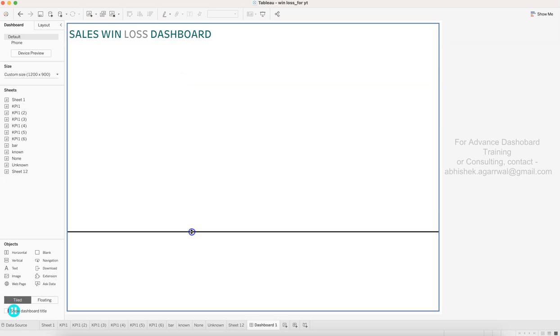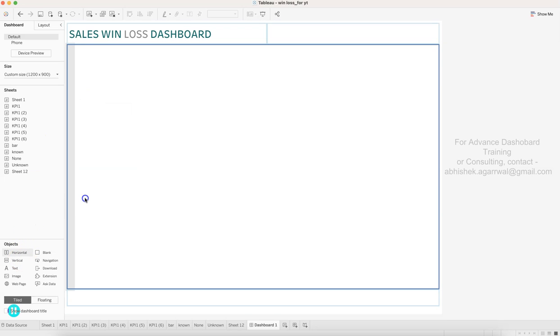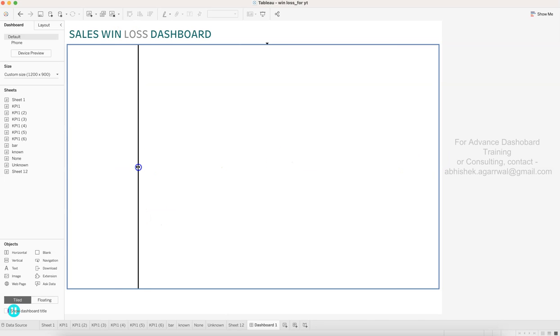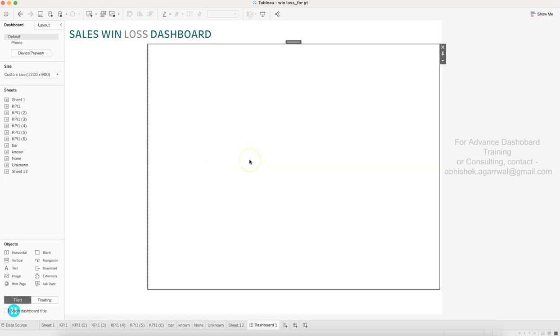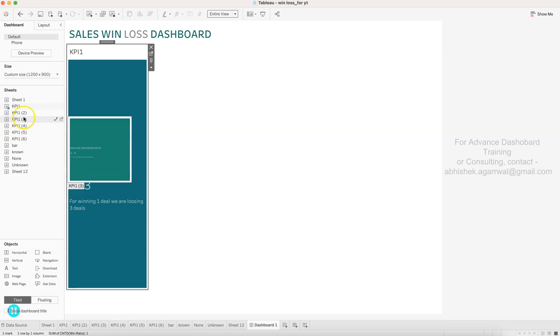So if you see over here, I have a blank, and in this blank, the first thing I am going to bring is the vertical, because all my values are going down as vertical values. This is the benefit of my vertical container, because now I have the blank and a vertical to hold the space for the rest of my container values. So what I have is KPI 1, KPI 2, 3, 4 and so on and so forth. So I can simply start pulling in the first value,